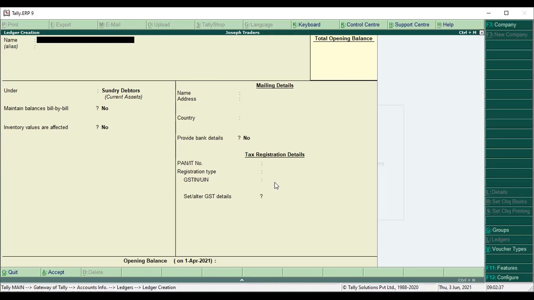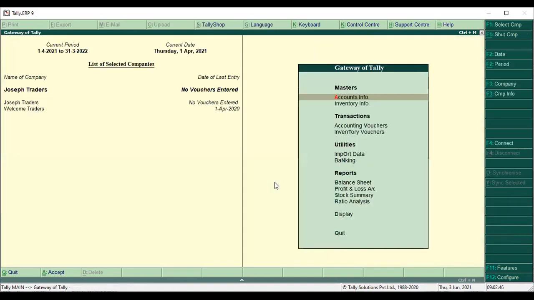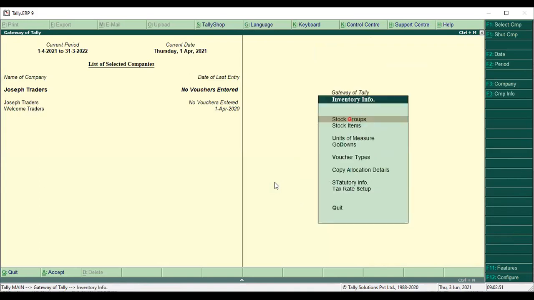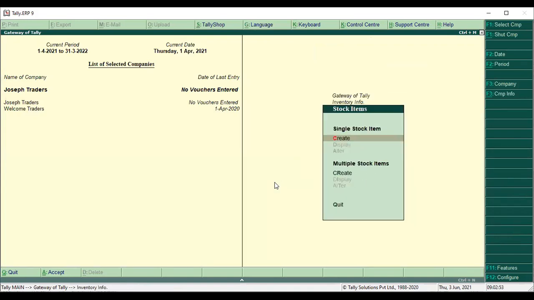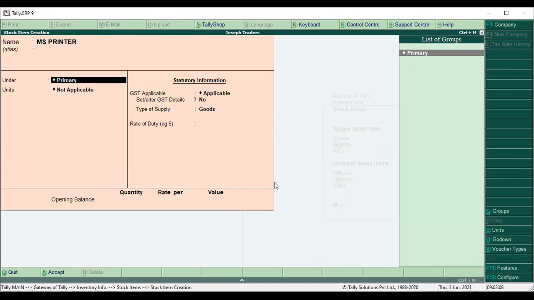Okay, so next we create inventory, printer. Stock item, inventory, shortcut from Gateway of Tally: inventory info, stock items, create, printer, or say MS printer, under primary.